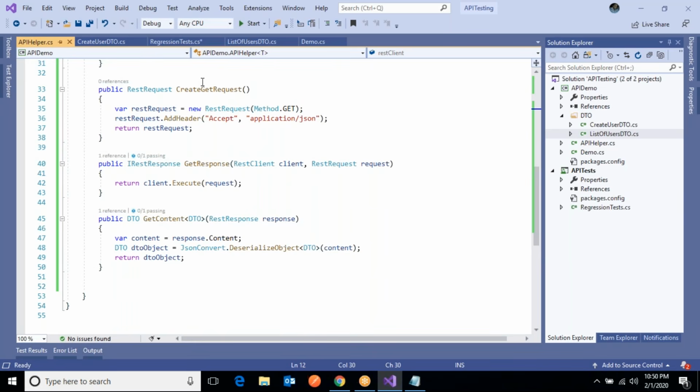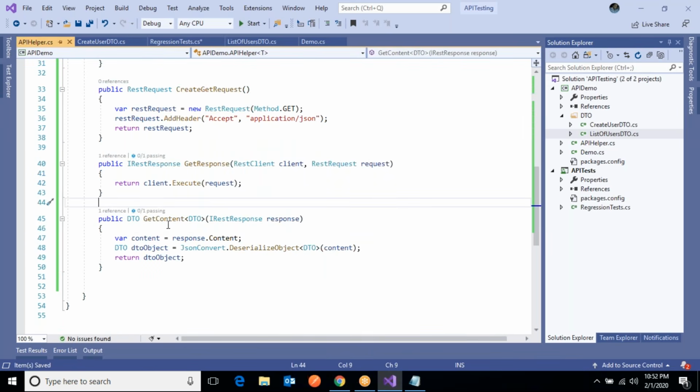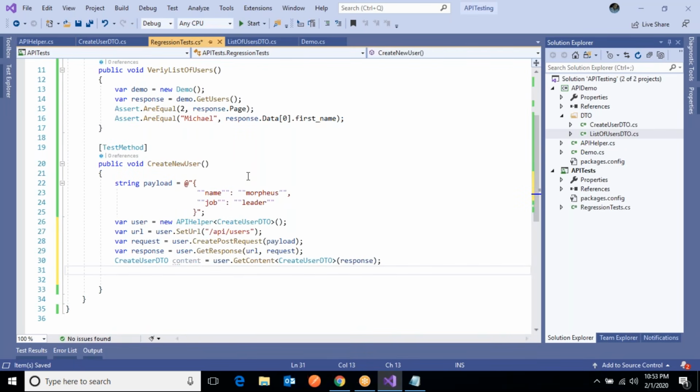We have this get content. What we are missing here is the endpoint we are passing, so it will execute, and the get content means it will convert that response into objects, a desired type object. Okay, all right, now